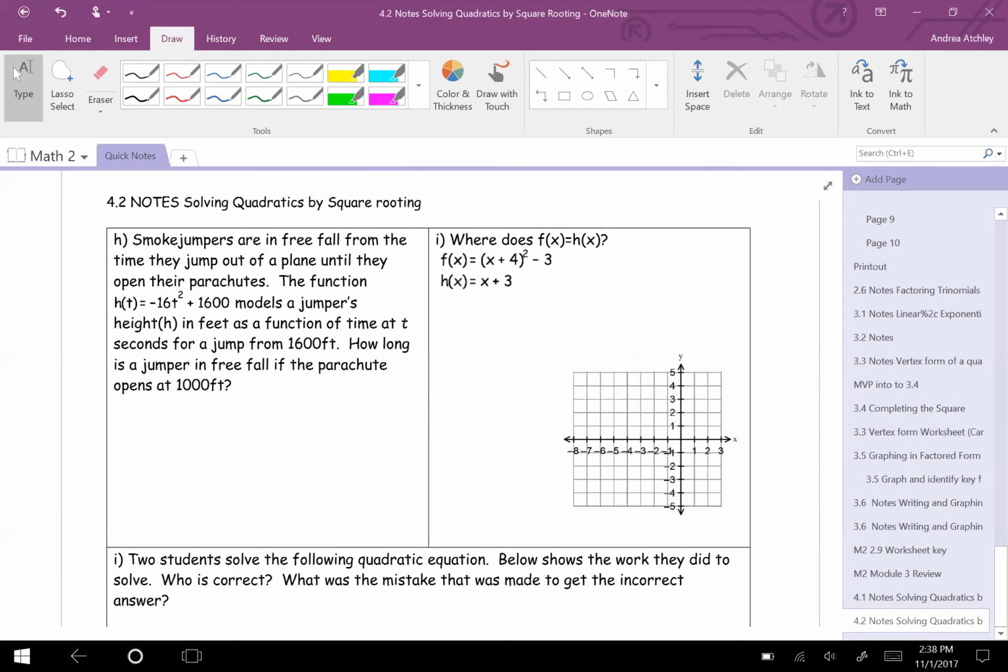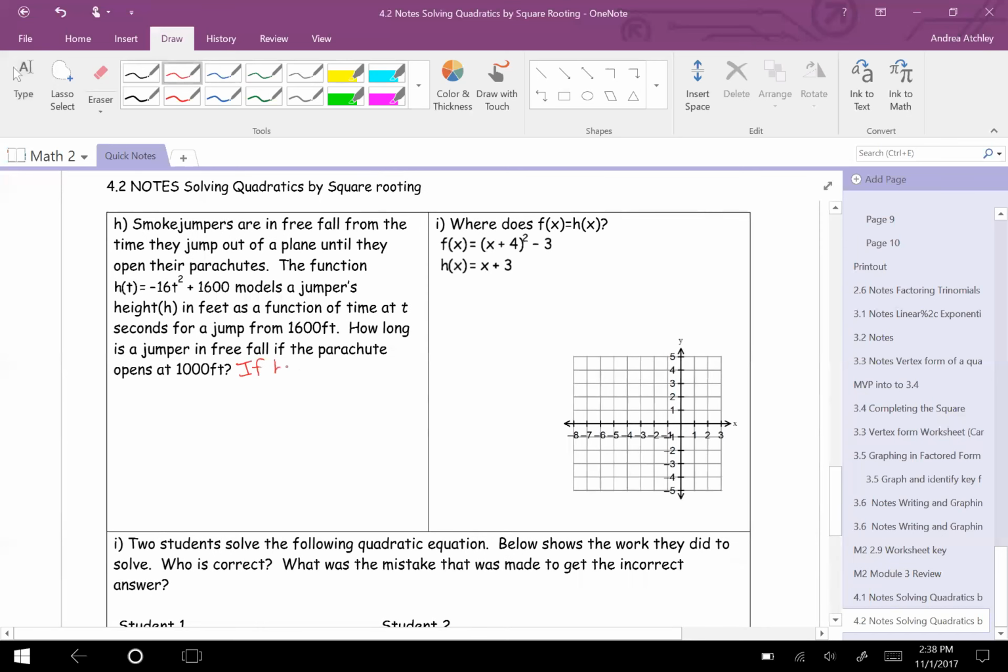In this case, I'm not asking you for the x-intercepts, because I'm not asking when I'm going to hit the ground, because I don't want to hit the ground at the speed at which I jumped out of the plane. I would like to open my parachute. So they're wanting to know how long it takes before I open my parachute. And again, I'm not going to open my parachute on the ground. I'm going to open it in the air. So what they're saying is,